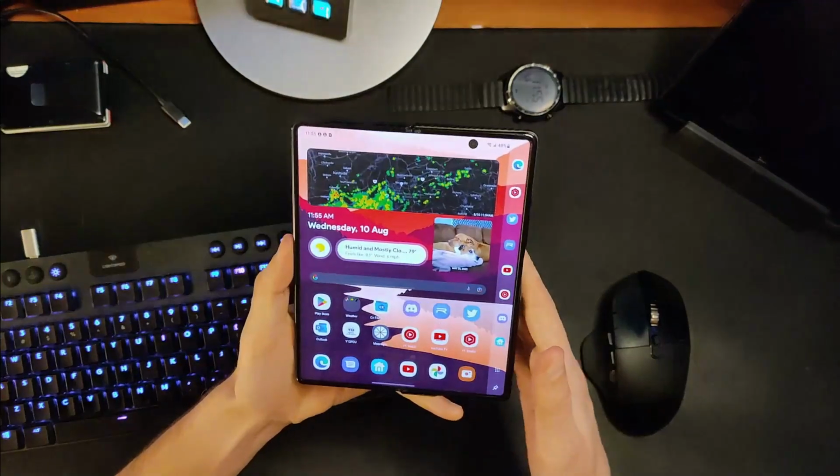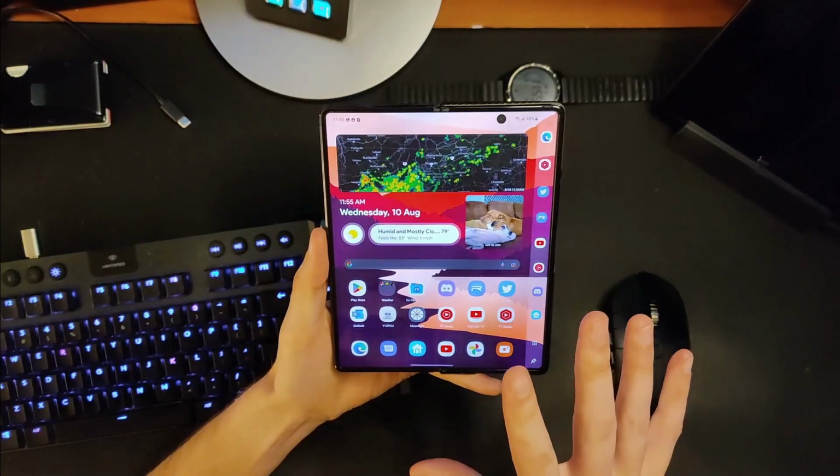All that being said, there is a really big change coming to the Samsung Galaxy Z Fold 4 that has not really been shown anywhere that I've seen. I only saw it leaked in one little place. No one's talking about this, but I think it might make a really big difference. To talk about this, though, we need to talk about what we have now so that we can properly talk about what is changing. So let's look at my Z Fold 2 now, and we'll talk about how multitasking works